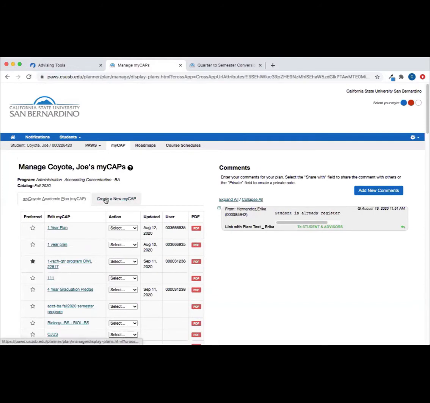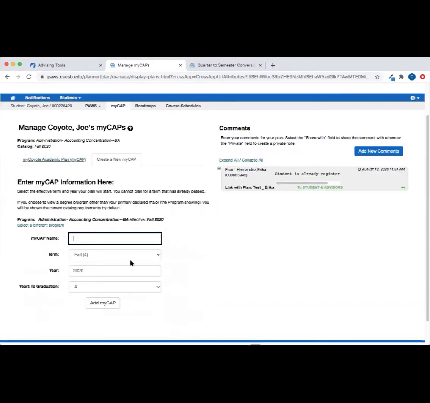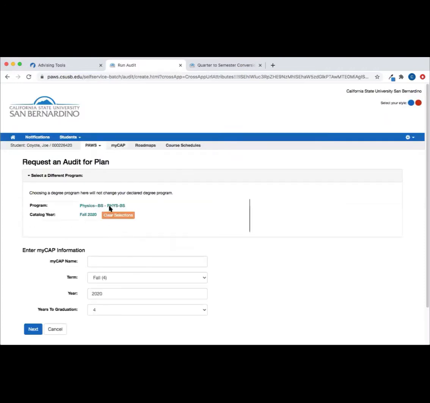If you don't have any listed, then you're going to click Create New MyCAP. You can give it whatever name you want, but first you want to take a look at this program. So if whatever is listed there is not what you think you want to graduate under, then you can do the whole select a different program thing, just like we just did. I want the physics one, so it's going to do that for me. And I will do